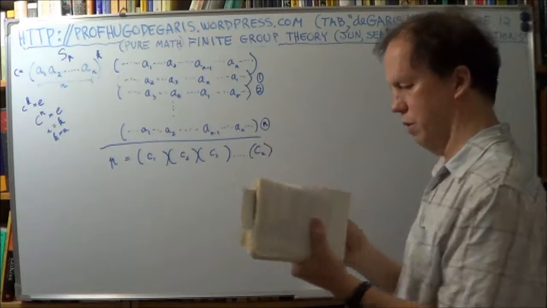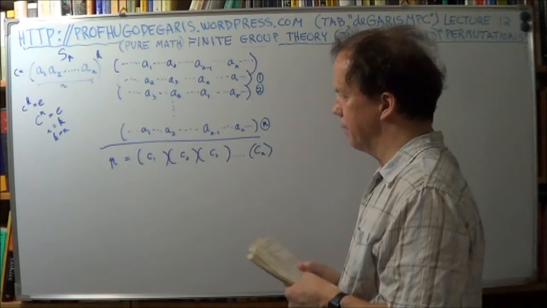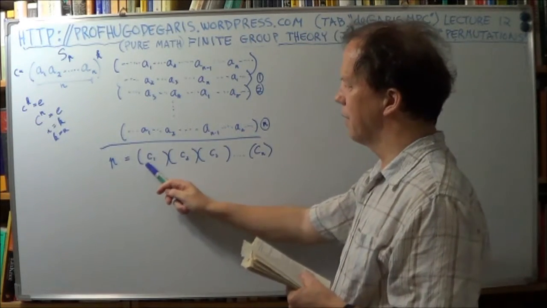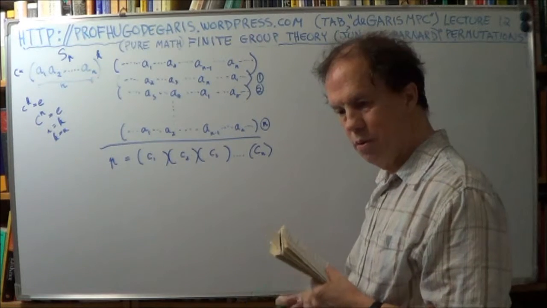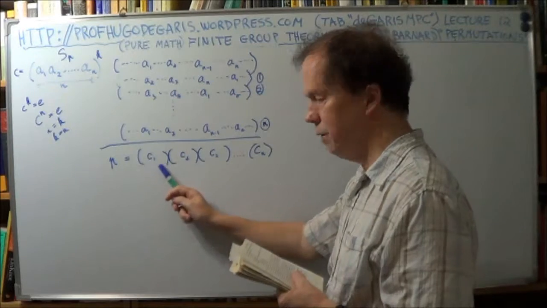That's quite general, okay? All right. Now we've just proven that the length of these cycles is equal to, for each one, the length of a cycle is equal to